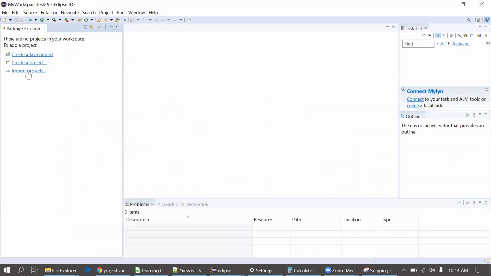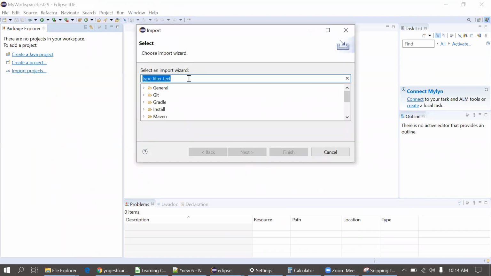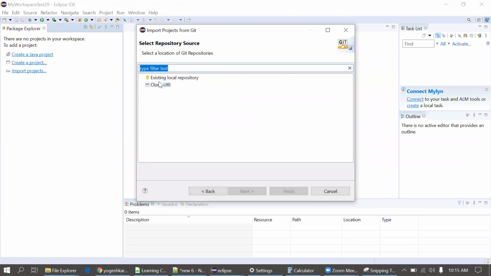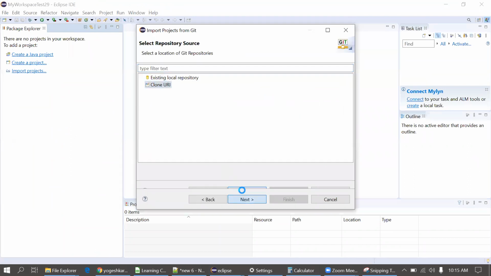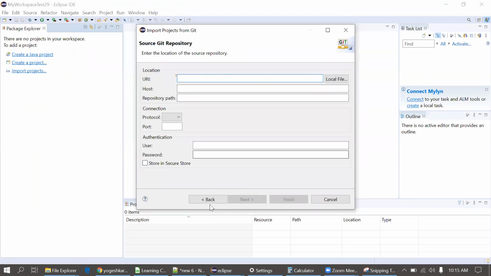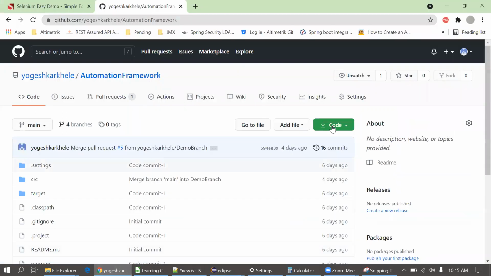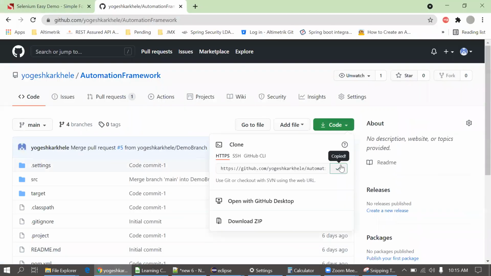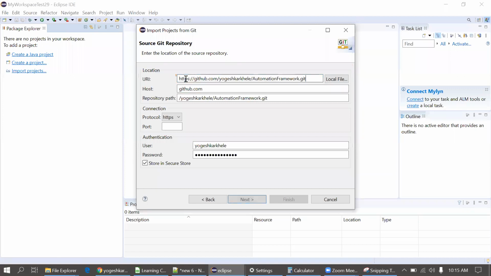Now the import project option shows here itself the first time. So we can use this option, import projects. Let's search for Git, project from Git, clone URI. Next. Now it is showing blanks because I have not copied. Again I'll copy this and paste it here in the URI. All the fields automatically come here when I paste this first line.